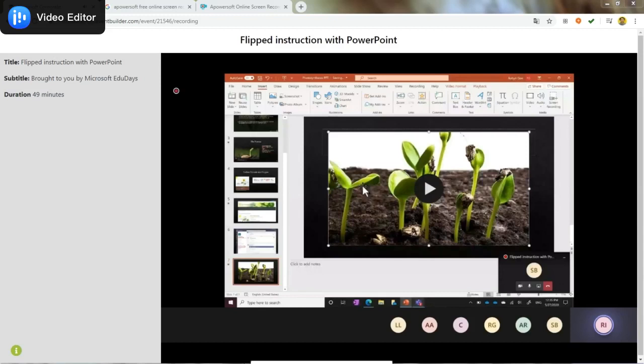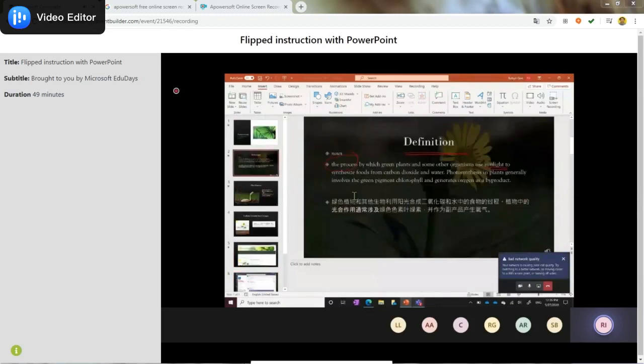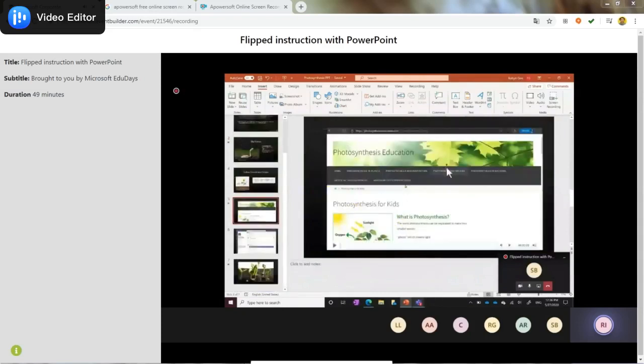So just to recap, we have created a presentation using design ideas. We have used Translate to make it really accessible to all of our students at home while they're digesting this new content. We've recorded narration that's associated with each of these slides. For this slide, I've actually inserted a video of a screen recording.